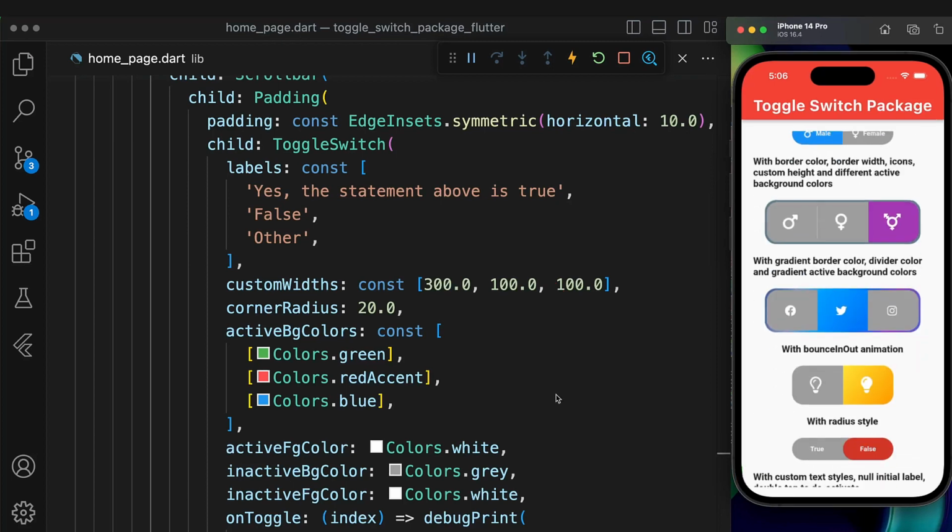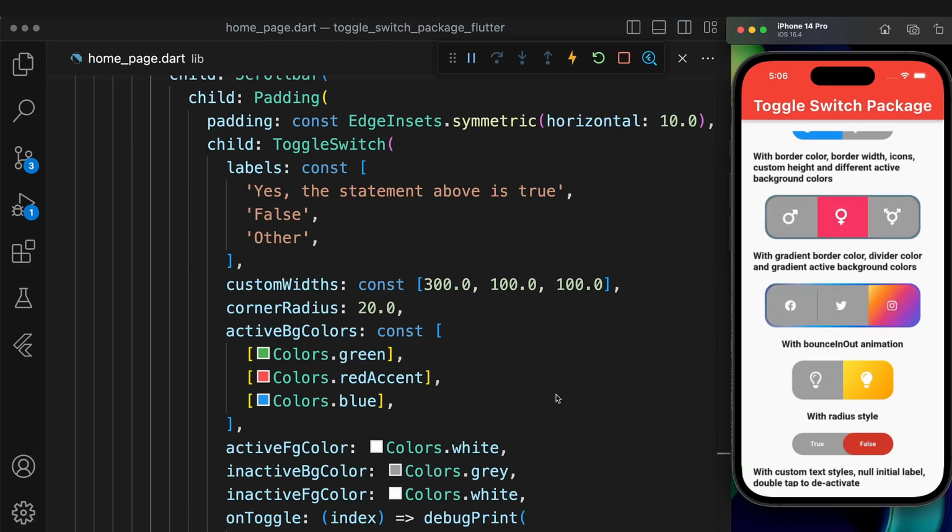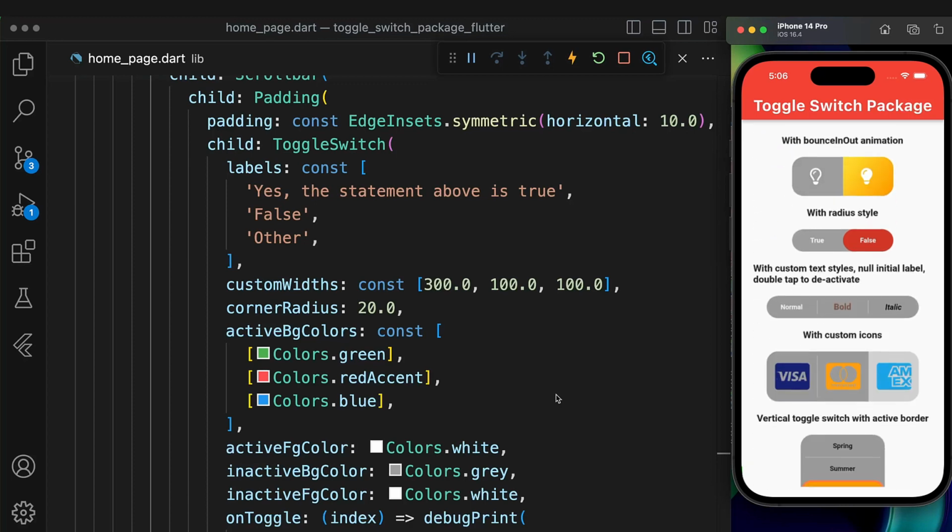So this is how we can use toggle switch to create and customize different styles to improve the user experience